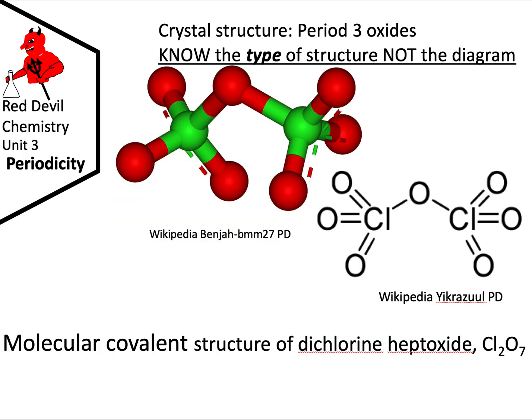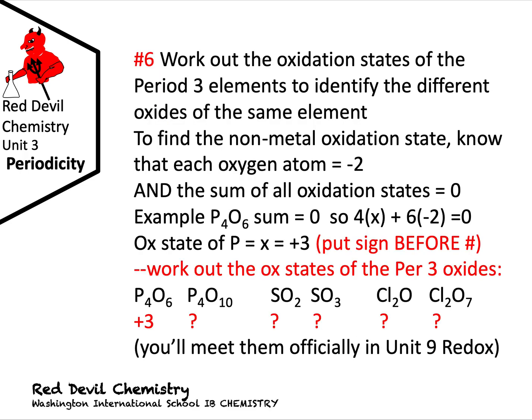And then dichlorine heptoxide, again covalent, and of course argon isn't going to form an oxide, and we're not looking at its structure. Number 6 is interesting because it then allows you to look at differences where you have more